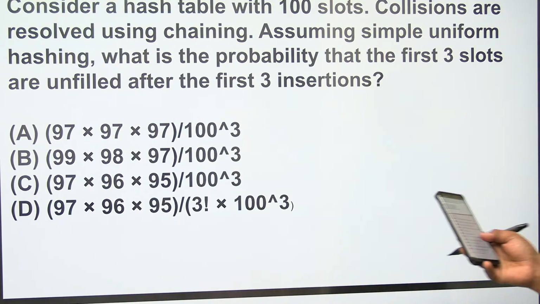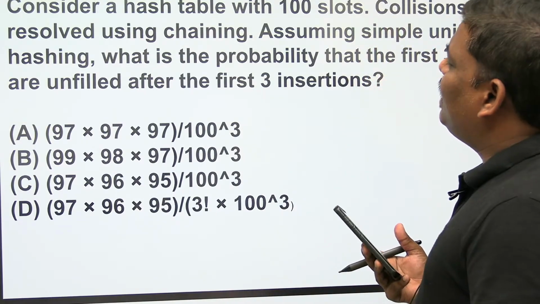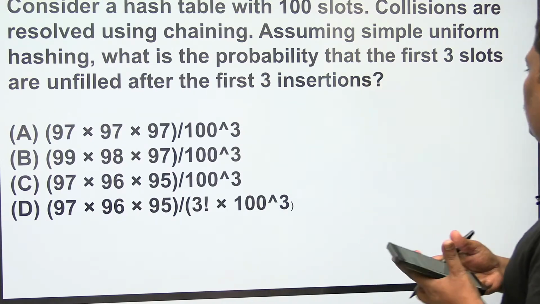Good evening everyone. So try, what is the answer of this? Consider a hash table with 100 slots. Collisions are resolved. See, one of my student I have seen,